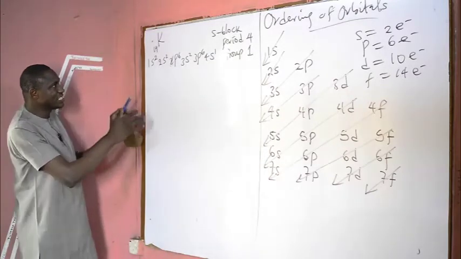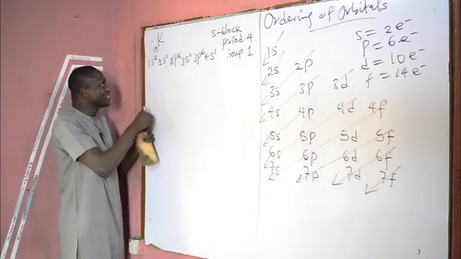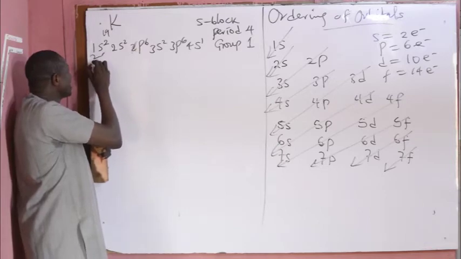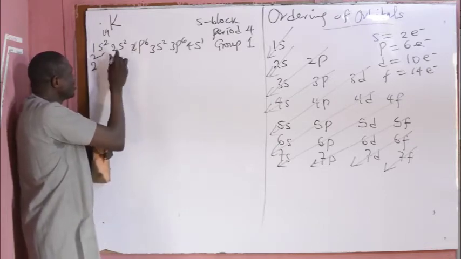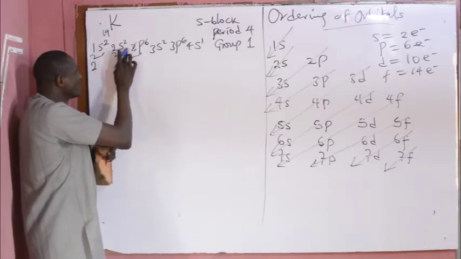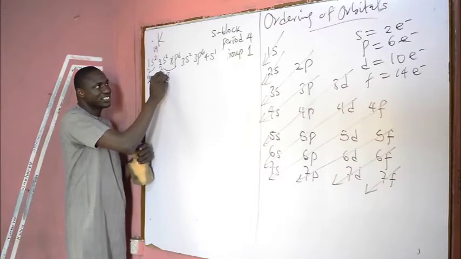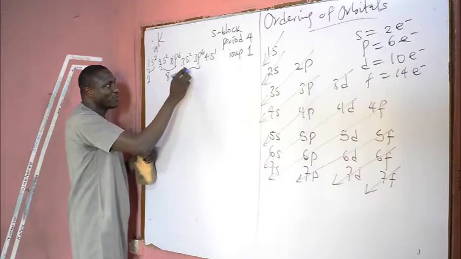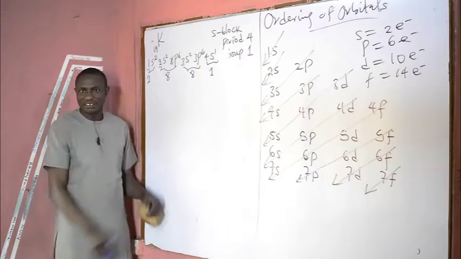Okay, so that is that. If you want to write the shell configuration, it's very simple. You look at the coefficient. The coefficient of 1 indicates that the orbital belongs to the K shell. That shell takes only 2 electrons. These are in the same group because they have the same coefficient. They belong to the second energy level, which is L. 2 plus 6, 8. These two also belong to the third energy level. 2 plus 6, 8. While in the fourth energy level, you have 2, 8, 8, 1.